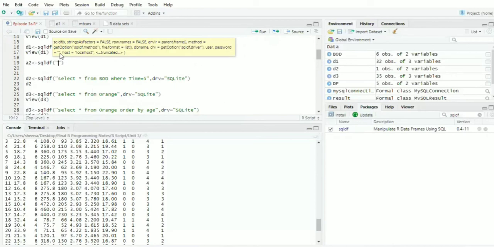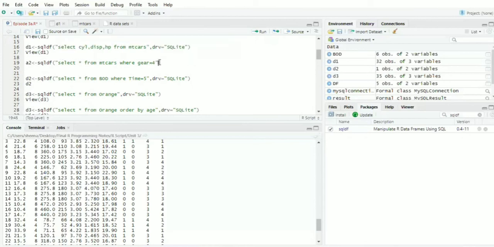Within the double quotes, I will say select star from mtcars where gear equals 4, and then, after a comma, I have to mention the driver equals double quote SQLite.